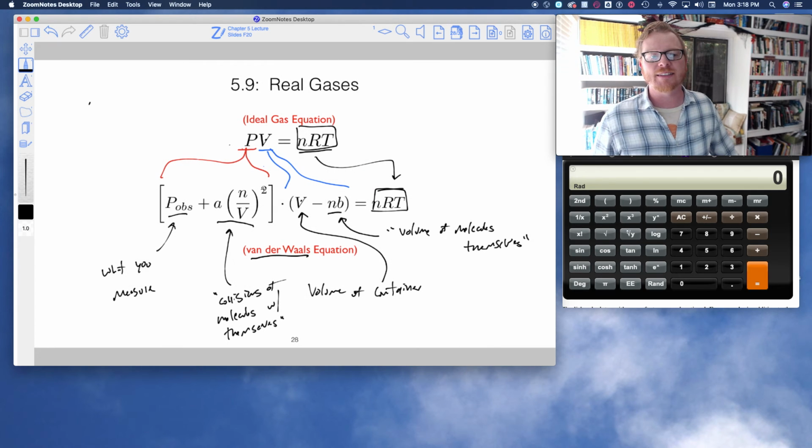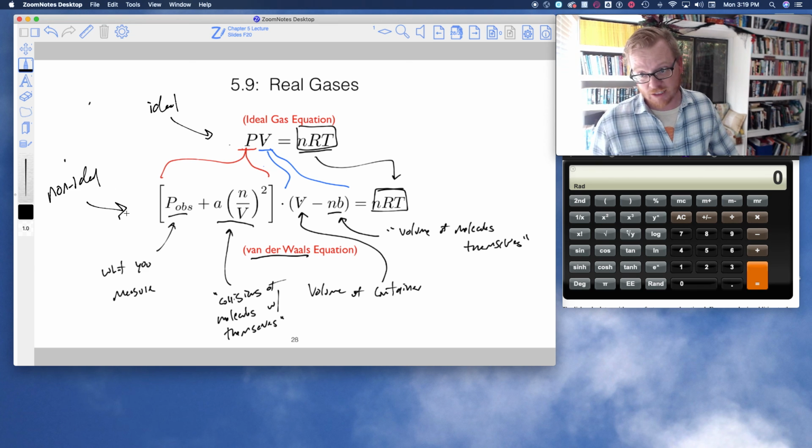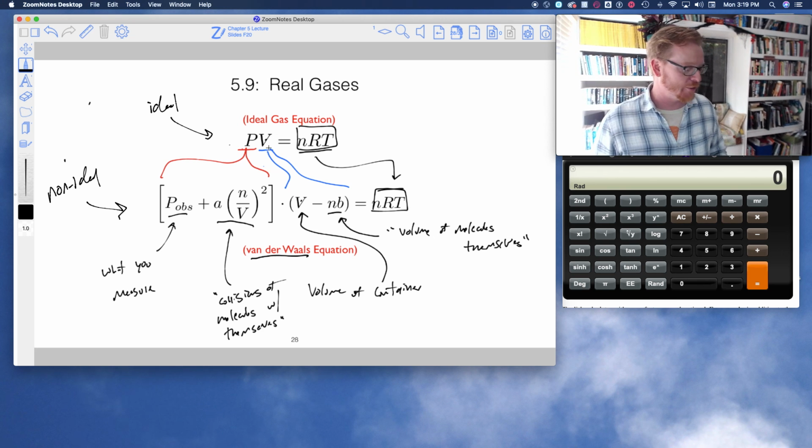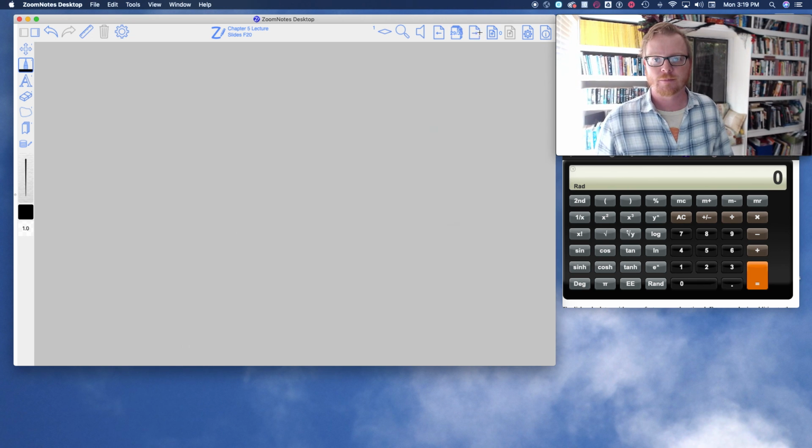And so what that means is you have to use this equation for non-ideal behavior. You use this equation for ideal behavior. You can certainly use the non-ideal gas equation whenever you want, that's fine. You just get an extremely accurate answer. And that answer, if it's under ideal conditions, will be extremely similar to what you get for the ideal gas law, okay? So now